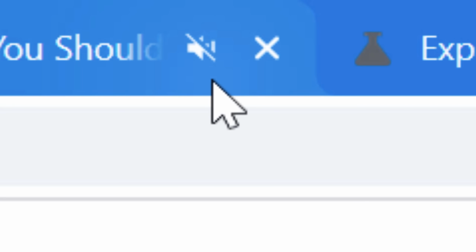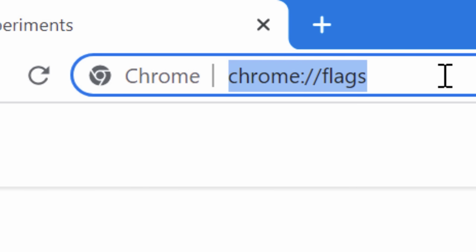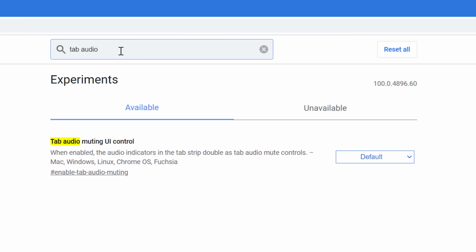The next feature may seem small, but it's actually the one that I'm most excited about, and it is the return of the clickable volume mute button in tabs, but it's actually behind a Chrome flag. So to enable it, you go to Chrome://flags, then just search for the one called Enable Tab Audio Muting and